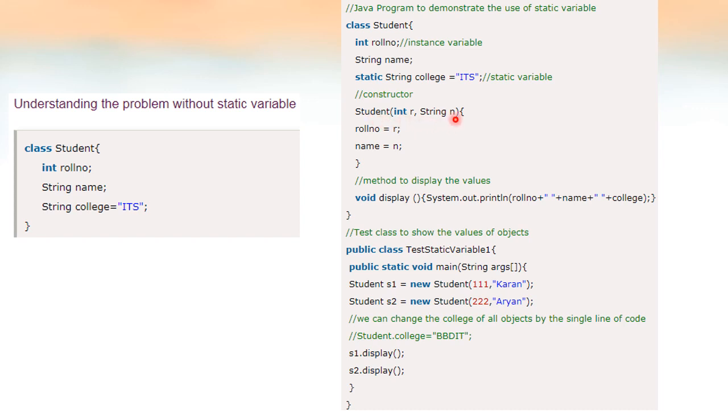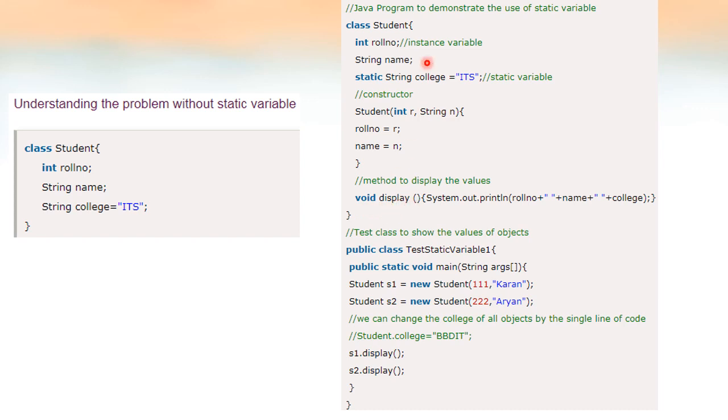Here it is a parameterized constructor. It takes two parameters, one integer value and one string value, and as you can see, this integer value r is stored to the roll number. The basic purpose or functionality of a constructor is to initialize the object, and we know that constructors are invoked only when we create objects. So whenever we create an object, this method will be invoked, and we have to pass two parameters. One must be an integer and the second one must be a string value, and those values will be assigned as the object's roll number and name.